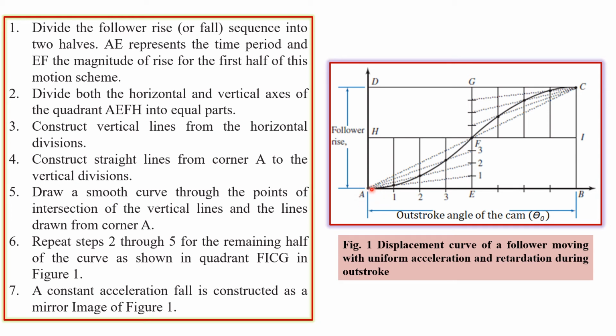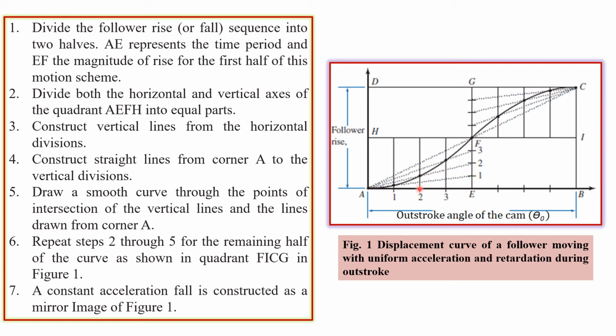Now we start joining the point A with point number 1, point A with point number 2, point A with point number 3 and point A with point number F. Then these dotted lines are getting intersected with these ordinates drawn from point number 1, drawn from point number 2, drawn from point number 3. So the intersection of the